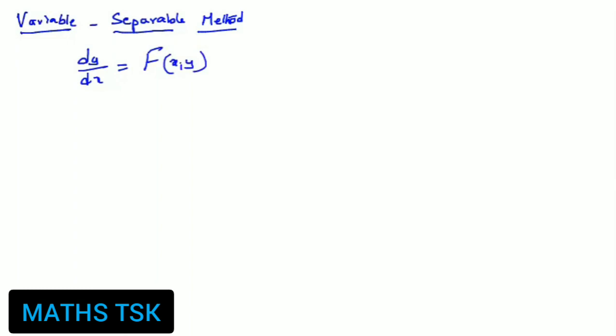In this differential equation, the function is in terms of x and y. If we are able to separate the variables, that is, the x function, small f of x, a function in terms of x, is separated and taken to the dx side, and g of y, a function of y, to the dy side, that is, the x variable to the dx side and the y variable function to the dy side,